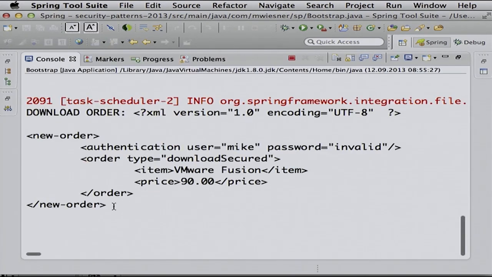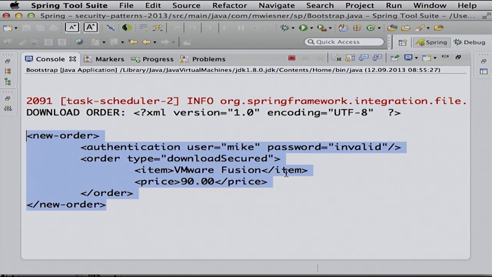Here we go. So here's our new order with an invalid password without any authentication. And that's also one type of the injection, right? Not SQL injection, it's Spring integration injection, XML injection. It's not the fault of Spring integration, it's you set it up wrong, right? You didn't validate it before. So that's really all about validation here. So you should have validated it before, and you should specify what types are allowed. But he didn't do that. So you, of course, will do that, but the other developer didn't do that.